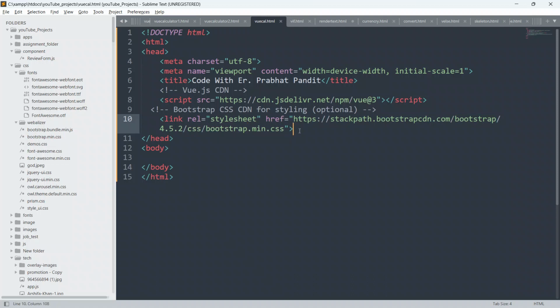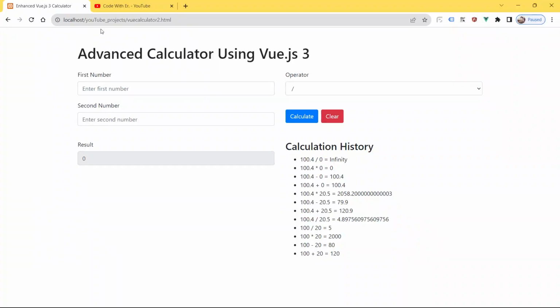So guys, in this video we will be using Bootstrap also, just to create this kind of layout. You can see here I have created this layout using Bootstrap only. So we will also be using Bootstrap in this tutorial.